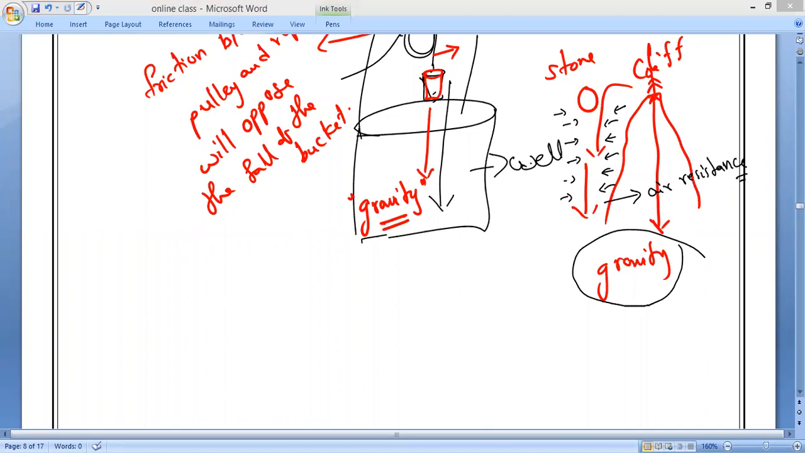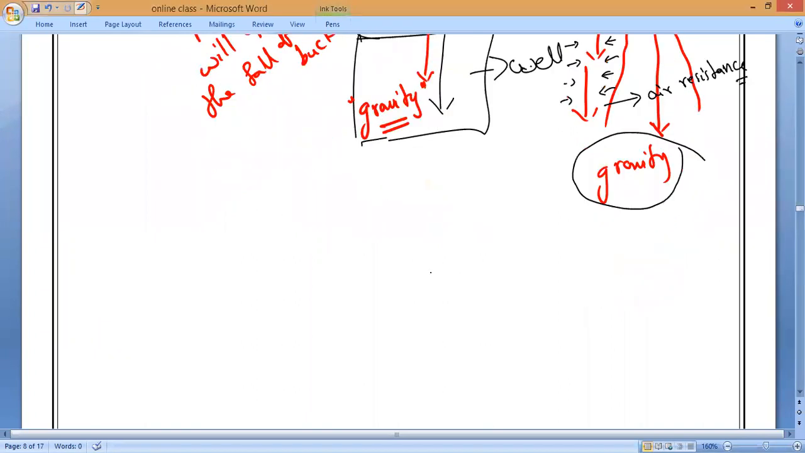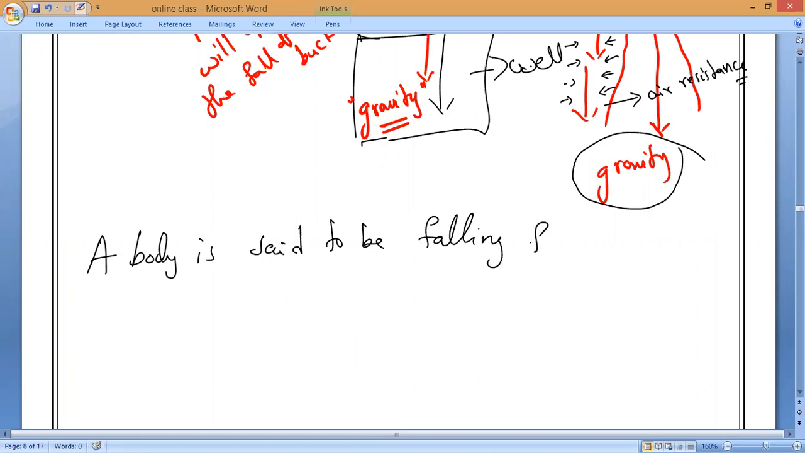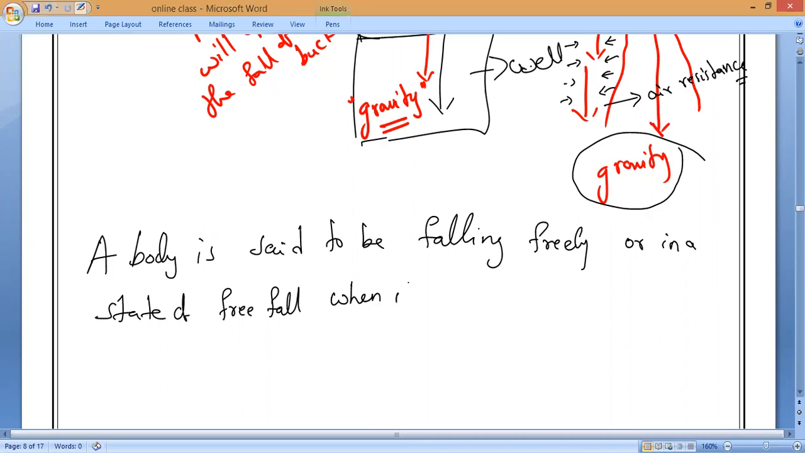A body is said to be falling freely, or in a state of free fall, when it is under the influence of